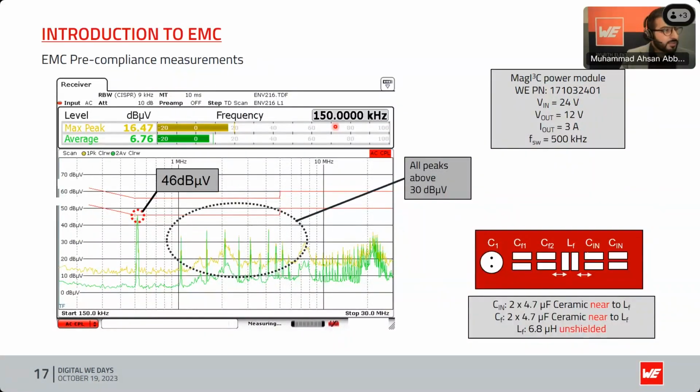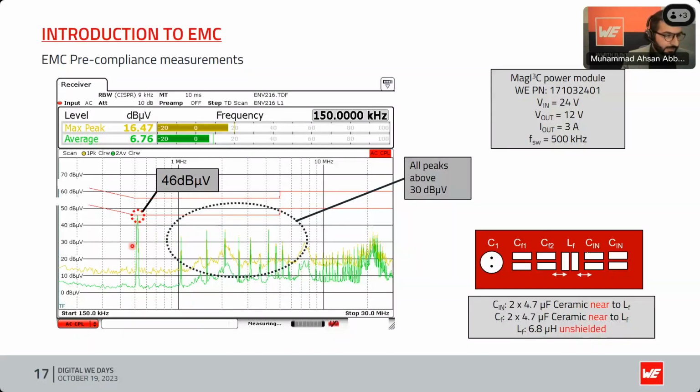In the first measurement, you can see, and I have shown it with a diagram as well, that we have our DC-DC converter here. We have our input capacitors, these are MLCCs. Then we have our filter components, for example, a filter inductor. This is an LC filter, and ceramic capacitors as MLCC for filtering. When these filter components, the capacitor, inductor, and the input capacitors of the converter are too close, and right now the inductor is also an unshielded one,